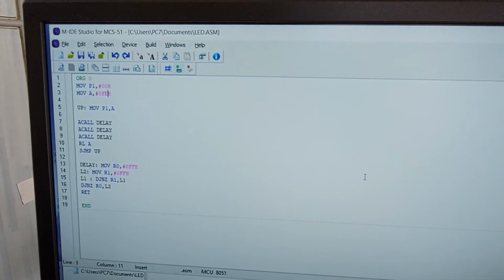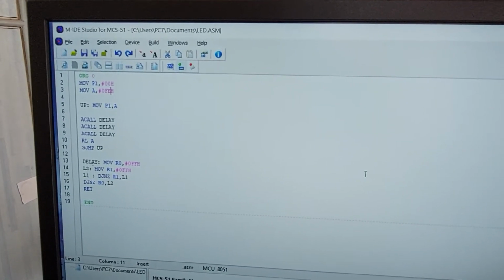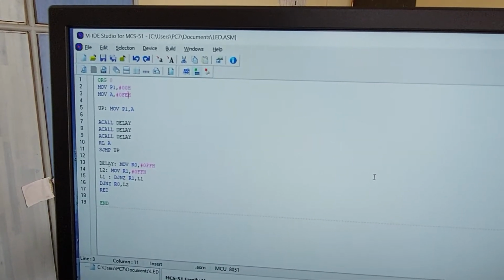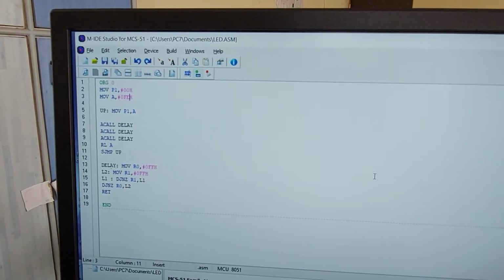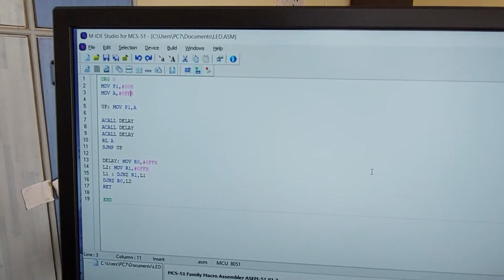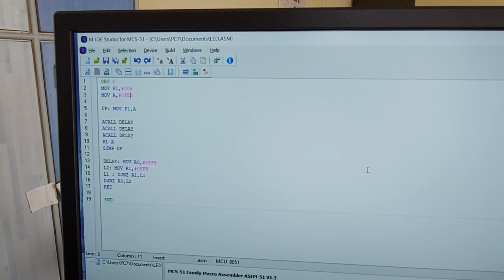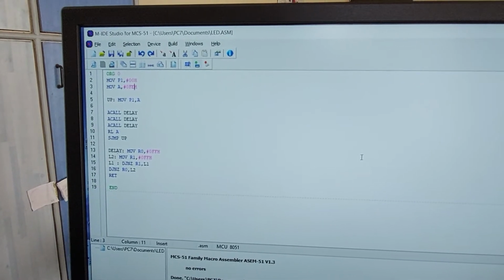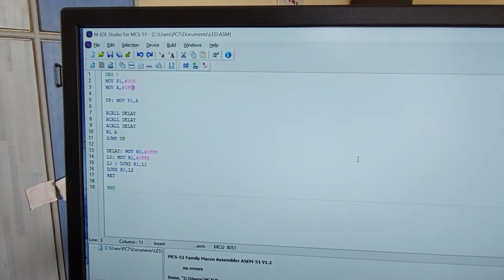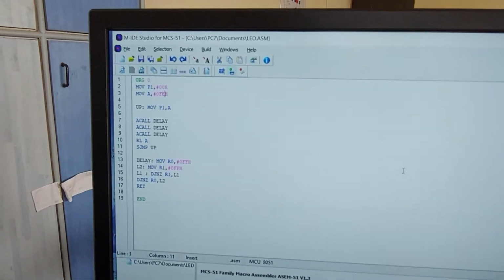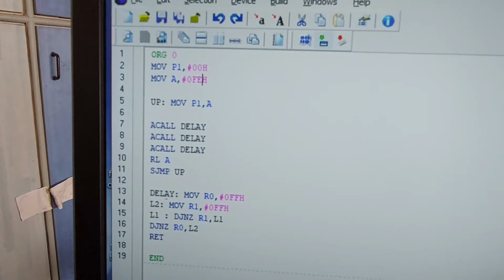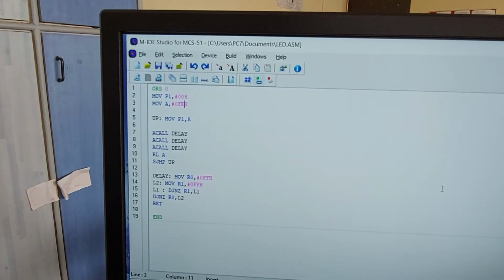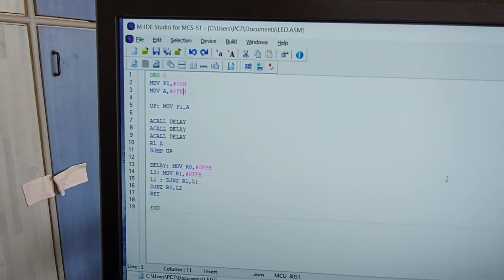Today I am demonstrating interfacing of LEDs with the microcontroller 8051. For that, this is the program which is already written into the MID software tool. For this interfacing, we are using a USB supported kit. We have used port P1 to connect the 8 LEDs, and we have a sufficient delay so it will be visible